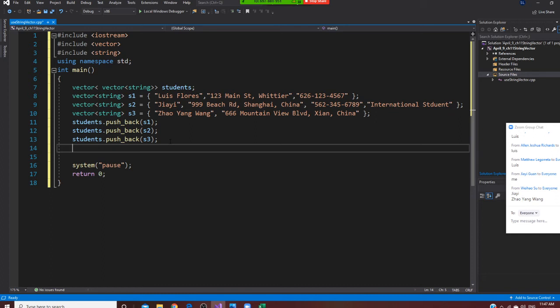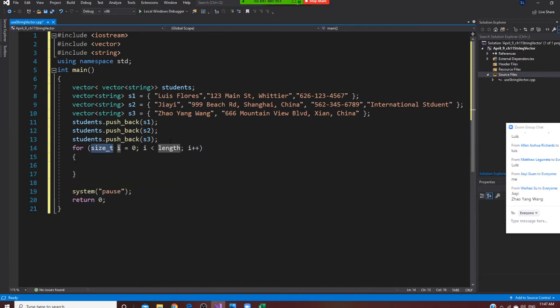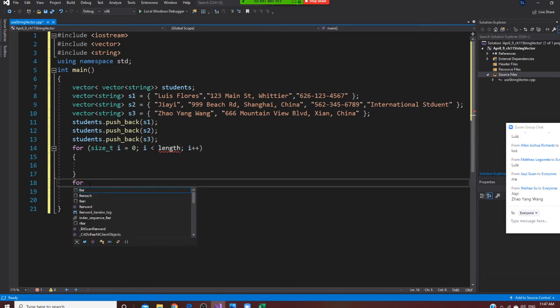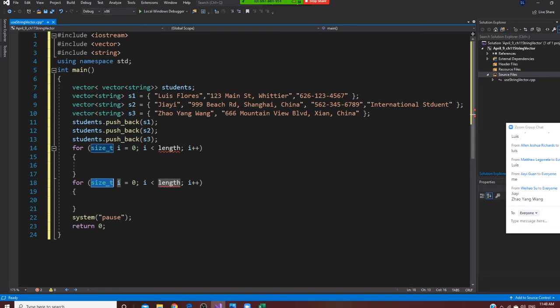This table has multiple rows. So of course I need to use a for loop. For tab. It's okay? I need another for loop. So for tab. So let's change this right now. This is a little bit different here. I'm going to put this for the table inside the